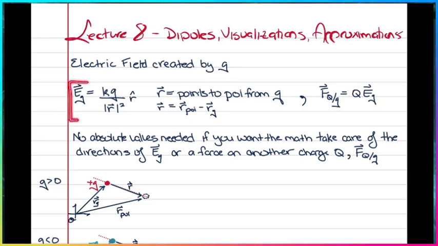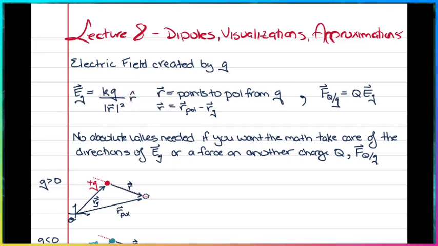and it's given by this formula, where R is the vector that points to the point of interest from the charge Q, so that the magnitude of R represents the distance between the point of interest and the charge Q. So again, conceptually, K, Q, and then this is the distance between the charge and the point of interest. You square it, and then this R hat is then the vector